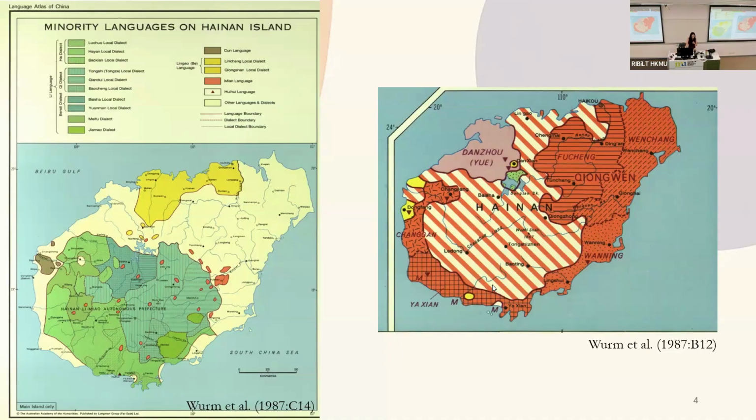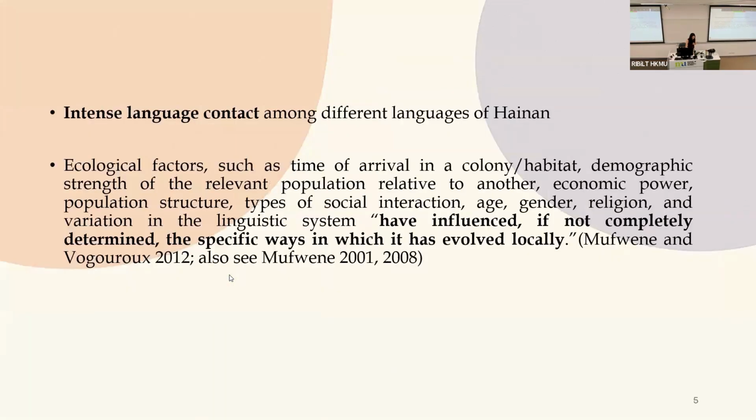And then you have languages from the Kra-Dai language family, the Zhuang-Dong, and the Hmong-Mien language family, as well as those from the Austronesian family. This part is showing you all the non-Han, non-Chinese, non-Sinitic languages, the minority languages. The speakers of these languages have undergone very intense language contact over the course of hundreds or even thousands of years, which in turn shaped the unique characteristics of all the different languages on this island.